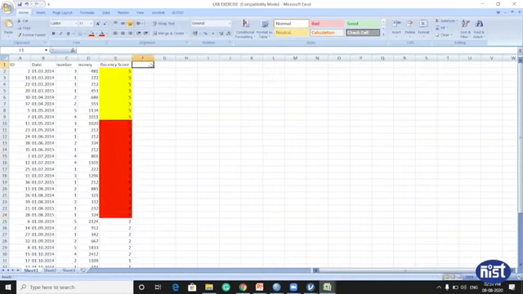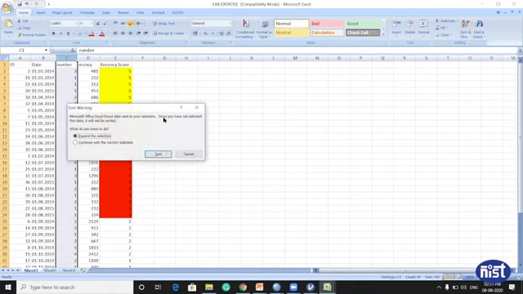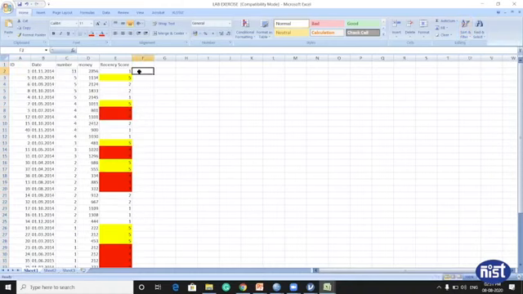Now second, what will I do? I will take the number of assignments and again sort, largest to smallest. Whoever is the largest, I will give the score 5, first group 5, next 4,